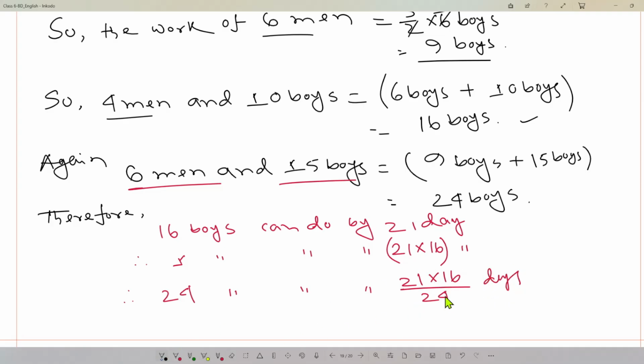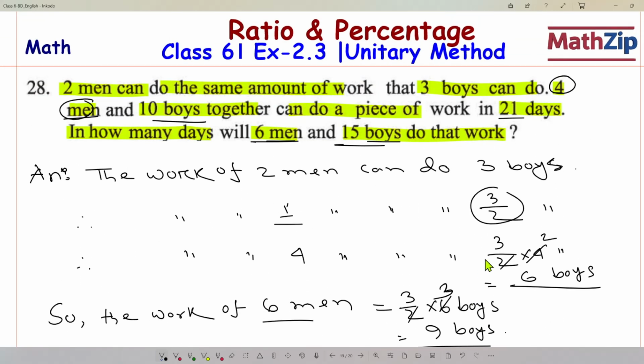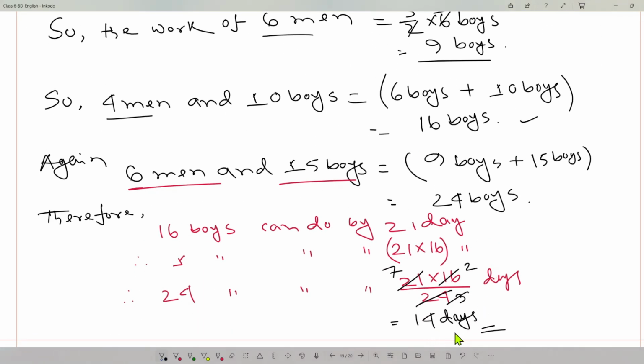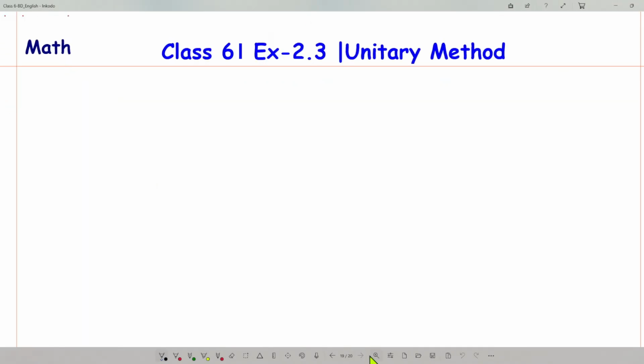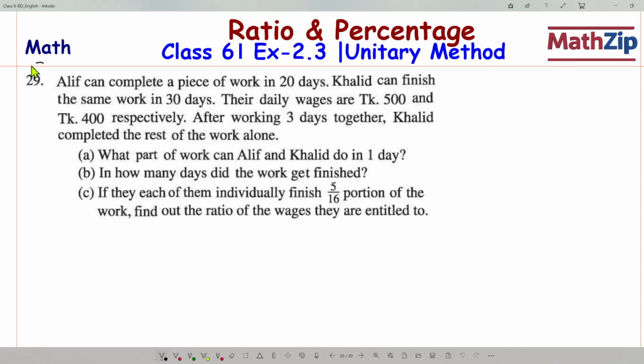So after calculation, what will happen? We can divide this 16 by 8, here is 2, and once we divide 24 by 8, it will be 3. 21 by 3, it will be 7. So 7 times 2 is 14 days. Okay, so how many days need to complete the work? 6 men and 15 boys, it needs 14 days. Very simple. Okay, so number 28 done, and we are starting now with the last math of this chapter, which